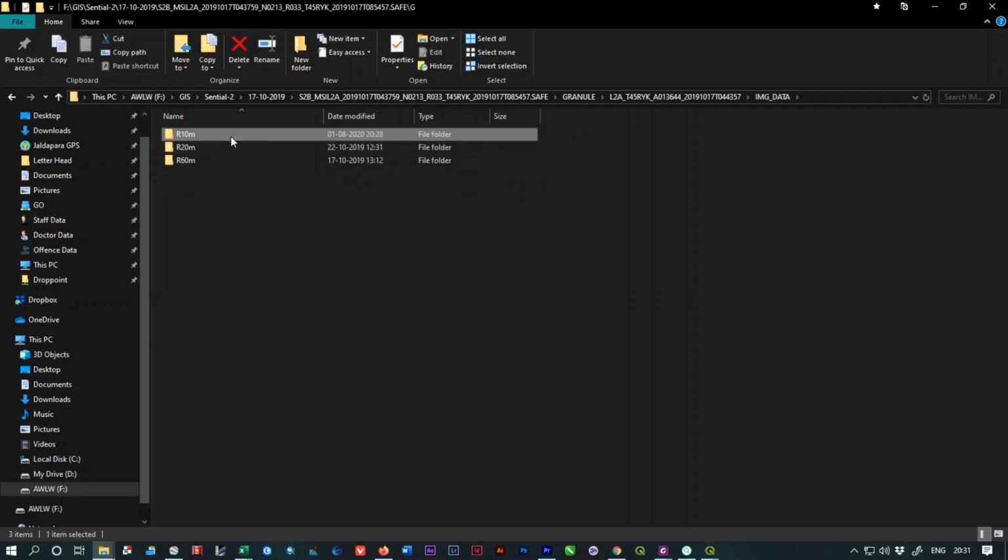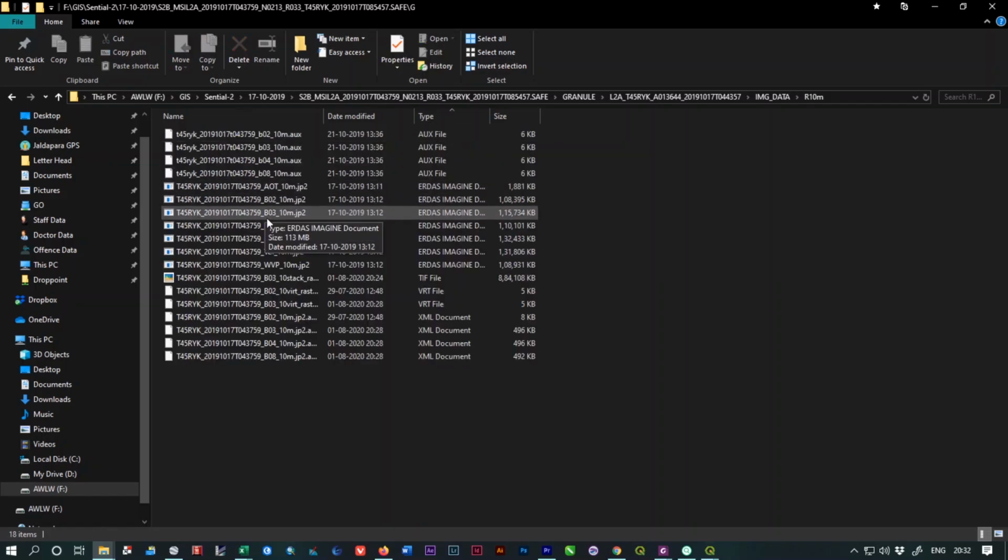This is 10-meter resolution data, this is 20-meter resolution data, and this is 60-meter resolution data. All bands are not available in the same resolution, same spectral resolution. For Sentinel-2 satellite data, we will get 10-meter resolution for the basic bands, band RGB 2, 3, 4, and the near infrared, the NIR band, which is band 8 for Sentinel-2. It may be different for different types of satellite data, and we are going to add the satellite data in